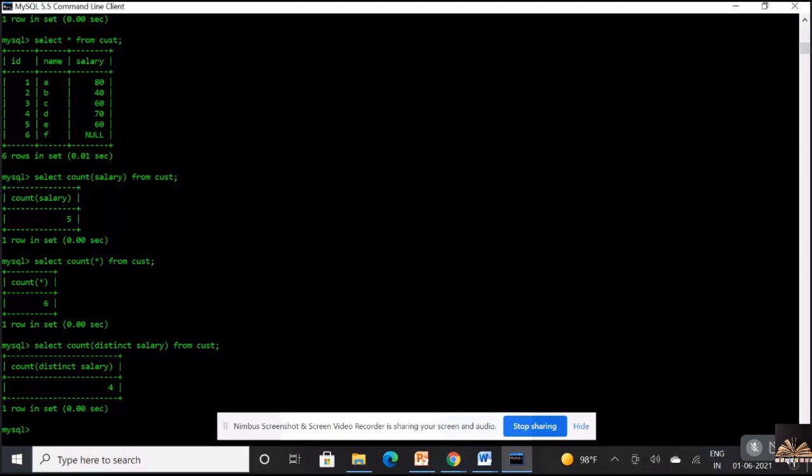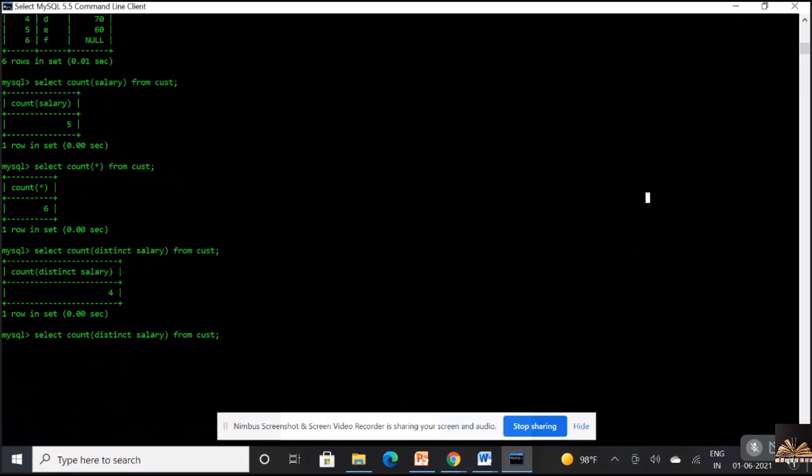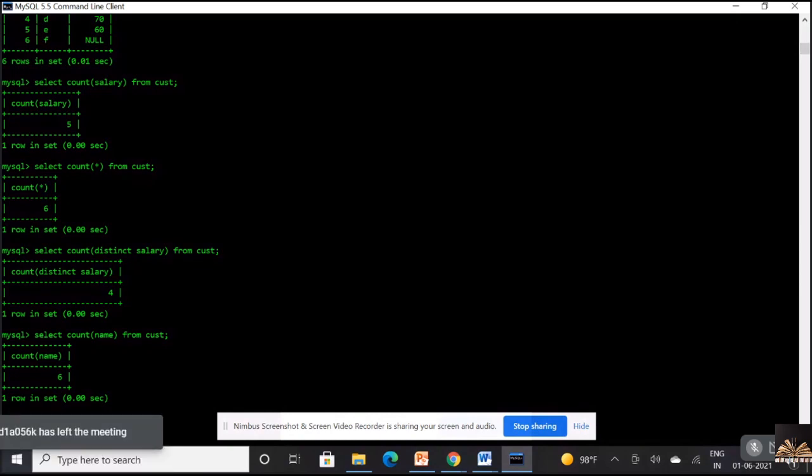Now, if I want to count the different names, I can write name over here. Even though it's a character data type, it will work. 6, because all the 6 names have been entered into the field. Hence, it gives me a value 6.